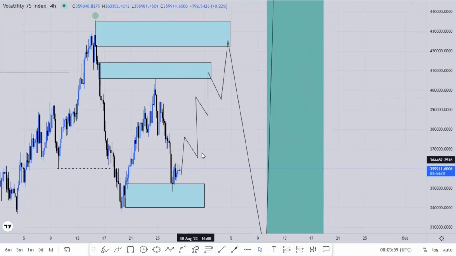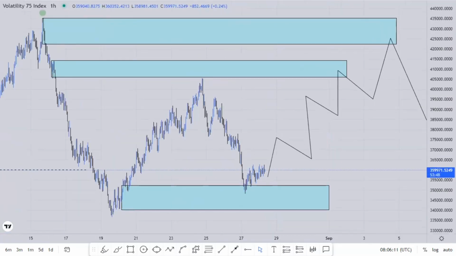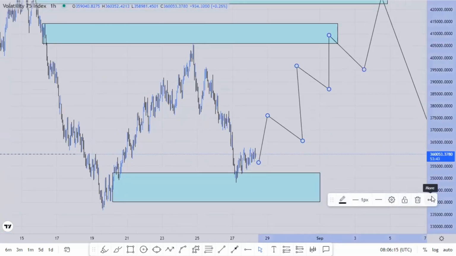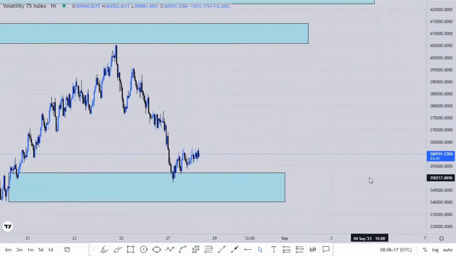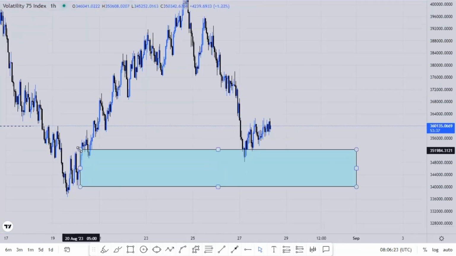So right now, where do we buy? That's the next thing. We go down to the 1 hour time frame. Where do you enter? That's the next important point. So where to enter now? That's the most important point, because after having analyzed like this,